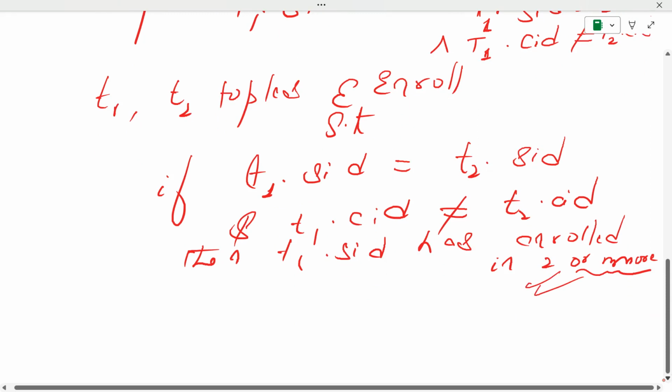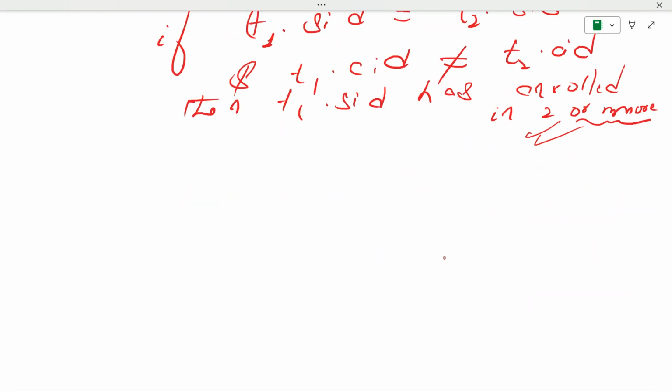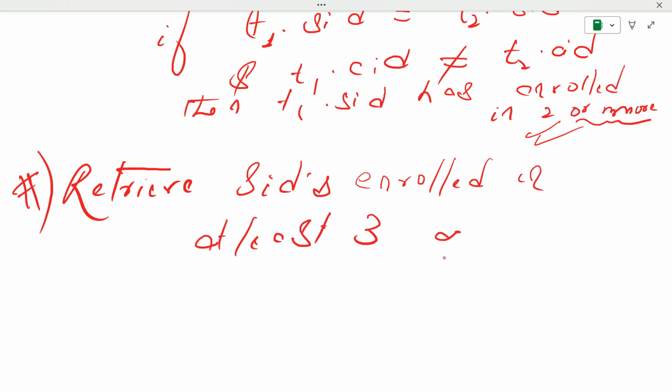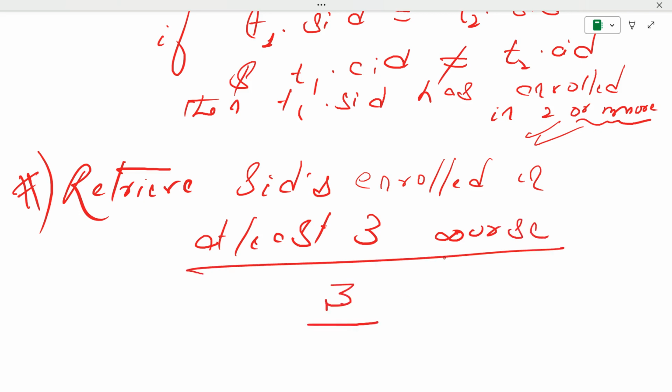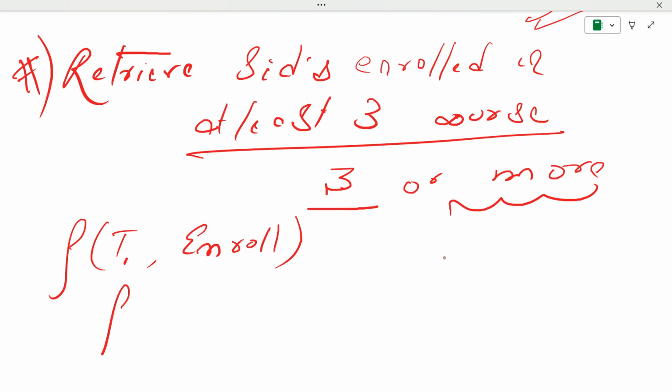Just to note, let's say we need to retrieve the SIDs enrolled in at least three courses. Here we need to see that the SIDs have enrolled in three or more courses. Automatically the same concept we can apply: we can rename the table like T1 enroll, T2 enroll,